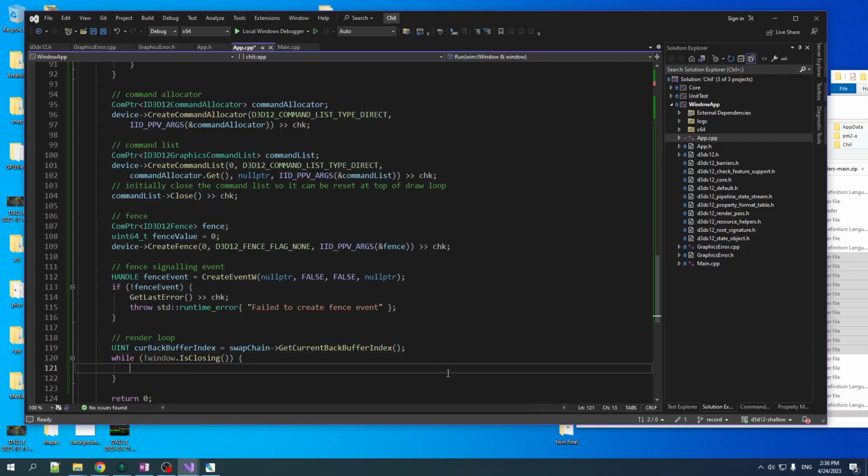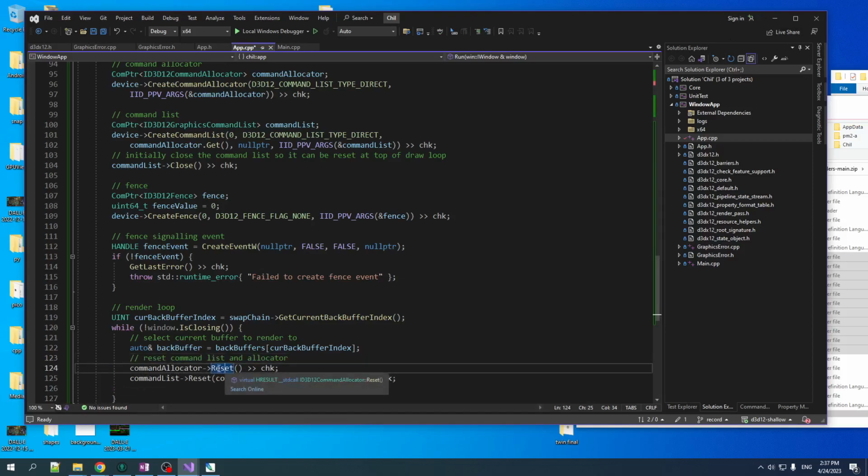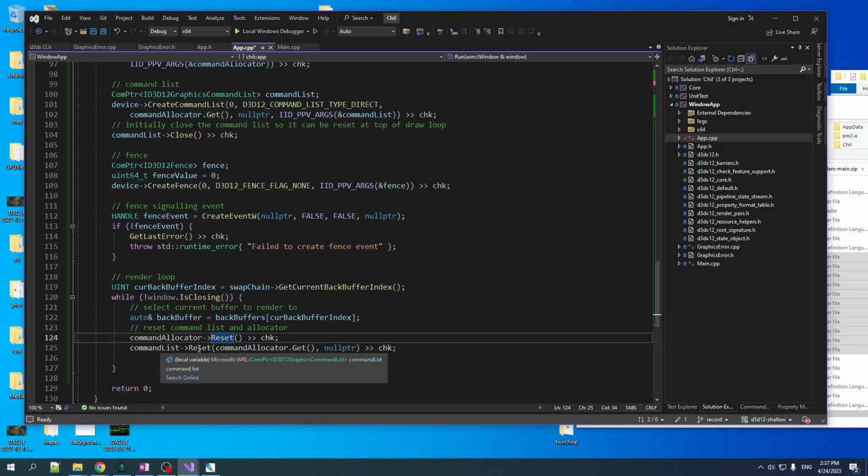All right, so the first thing we want to do then is select the current back buffer to render to. Just get a reference into our cached array of resources, pointers to the back buffers. Now, we have to set up our command list to get it ready to record commands to. So we reset our command allocator and we reset our command list and give it the command allocator used to